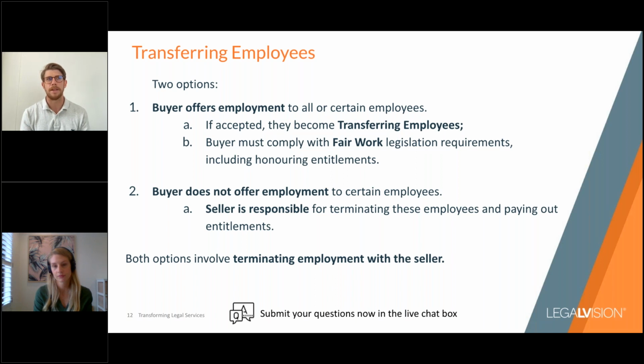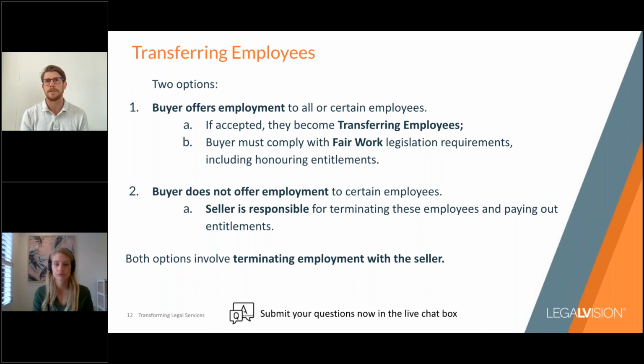Generally, these are things that are discussed early on in the piece. As the buyer, it's probably helpful to have a chat with a lawyer first before you agree to what will be done with the employee entitlements. As well, if there are certain key employees, you may want to say that completion of the sale is conditional on them accepting an offer of employment with you.